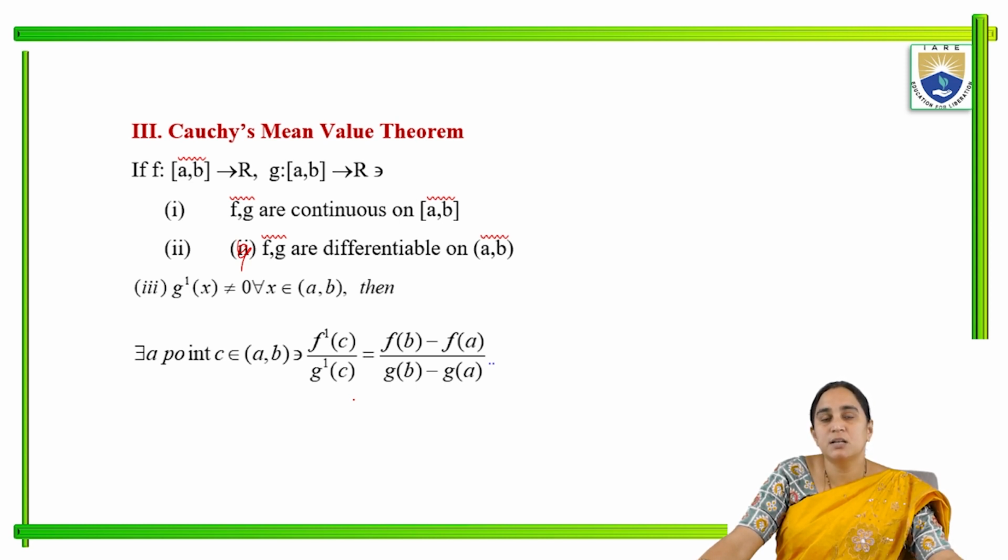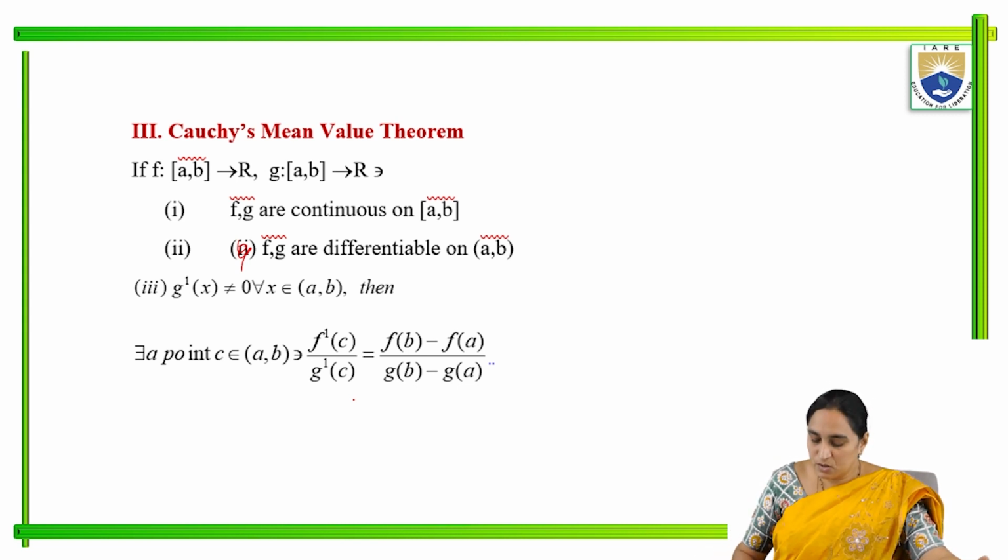These are the three statements of the theorems. First one is Rolle's theorem, second one is Lagrange's theorem, and third one is Cauchy's theorem. In the previous class we discussed the related problems also. And next